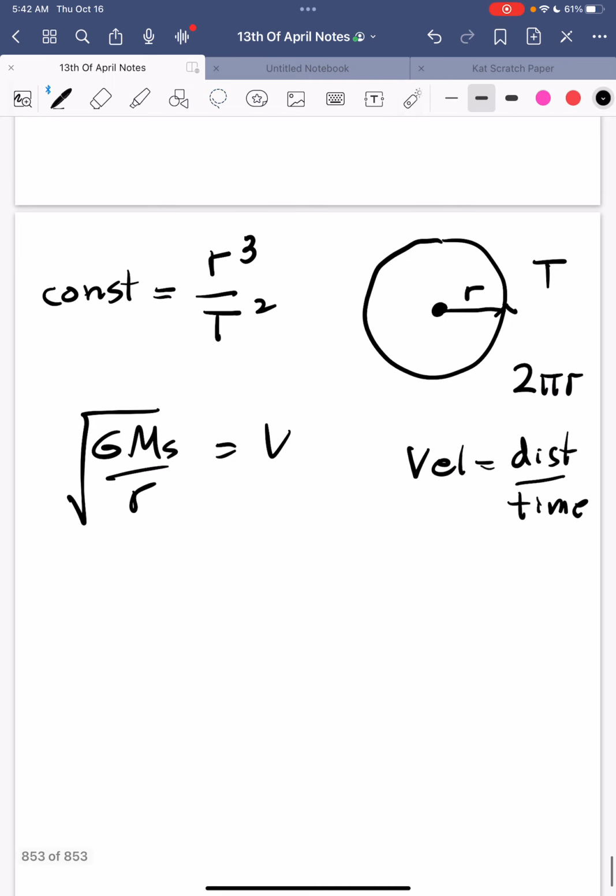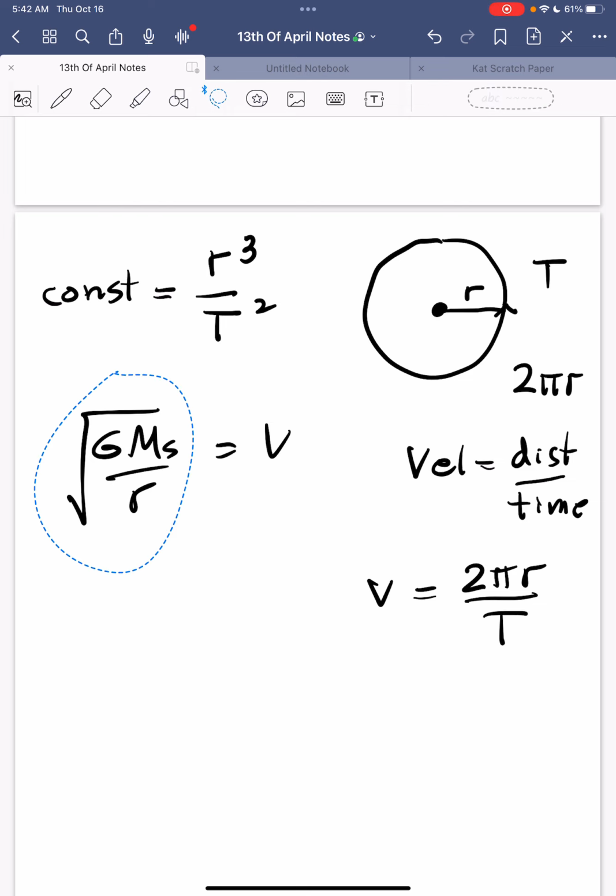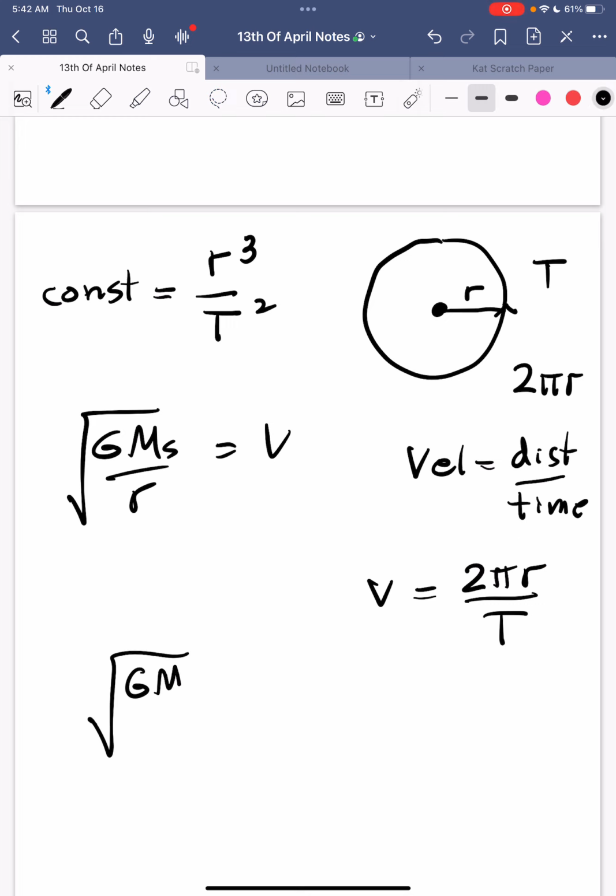So if I do that in this circular description, then velocity, v, equals the distance around the circle, which is just the circumference, divided by the time it takes, which is just the period. So now if I have these two equations, this one for velocity and this one for velocity, I can just set them equal to each other. So let's do that. Square root of G mass of sun divided by r equals 2 pi r divided by